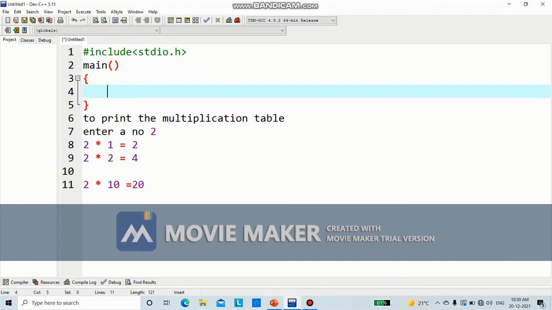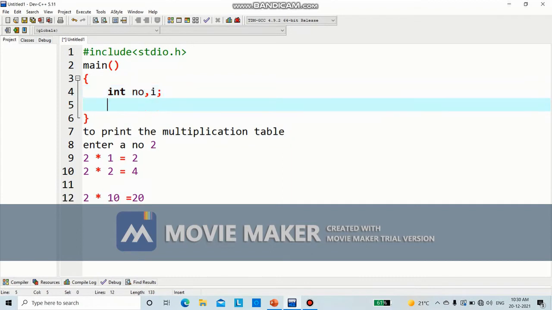So for that, one variable, and then since we'll be using loop, I'm going to do this program using for loop. So for the for loop, I'll be needing one more variable to keep track of how many times the loop will run.